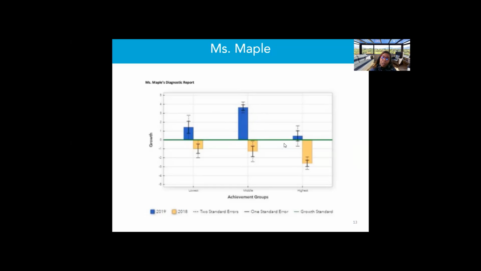Now, our low group, although our blue bar is still above the green line, our growth standard, our standard error bar is crossing that line, which tells us there are some kids in this group that lost ground academically. And so when we look at this, we want to think hypothetically, where is Miss Maple's area of focus? So let's say,